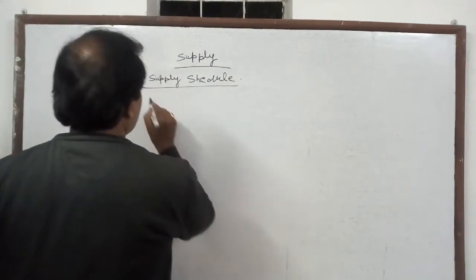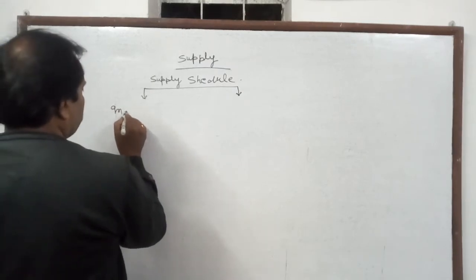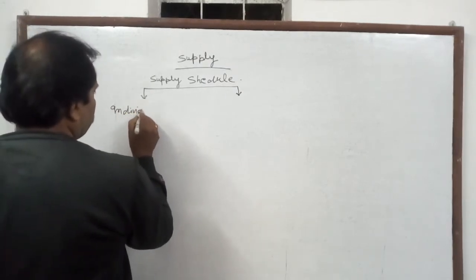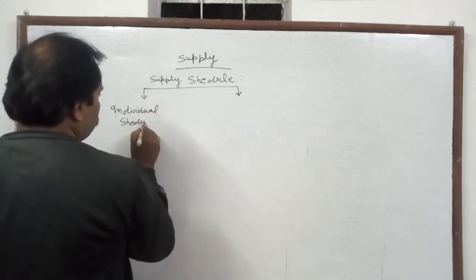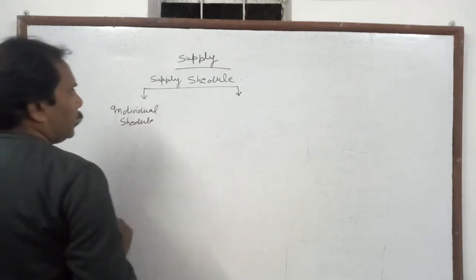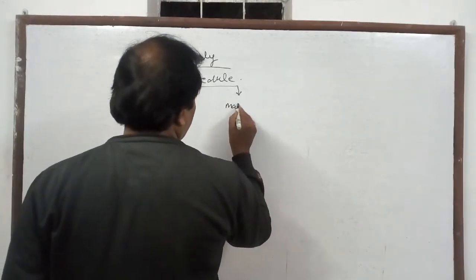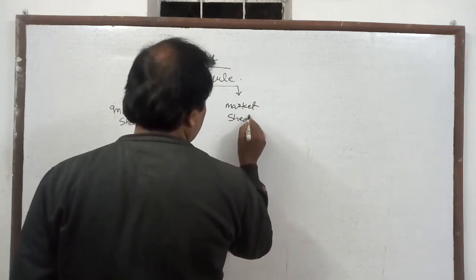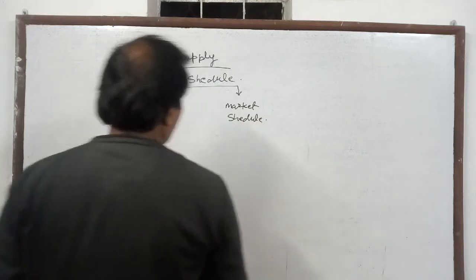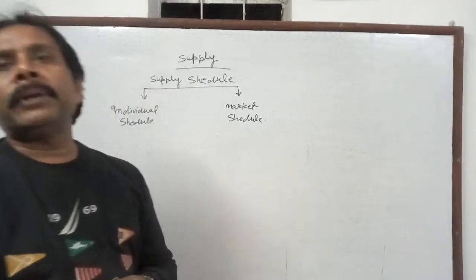Supply schedule has two components. One is the individual schedule and the other is market schedule. Okay, so there are two components. So as I told you that the